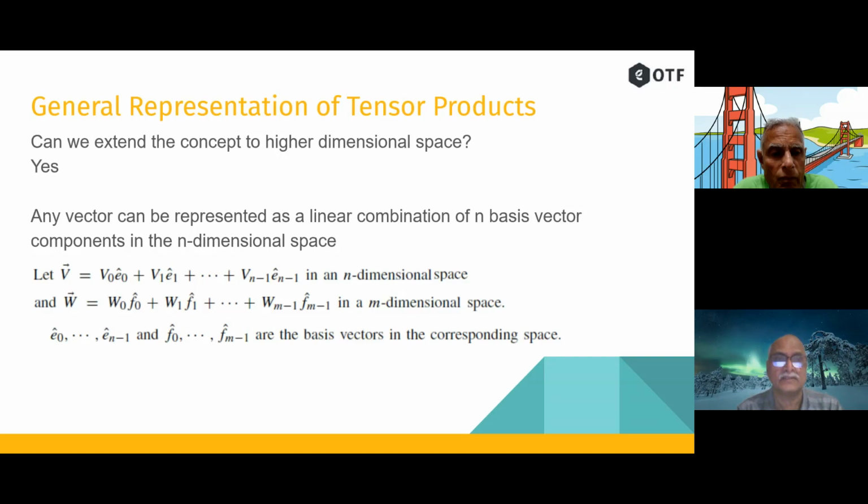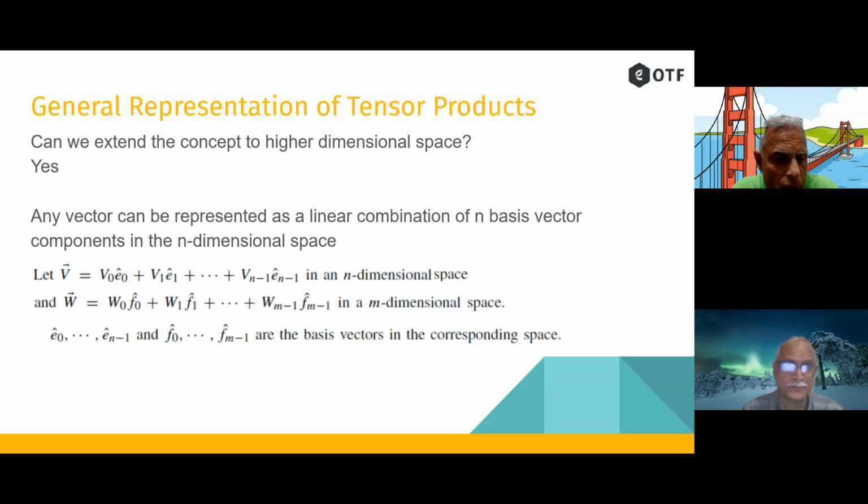Remember, any vector can be represented as a linear combination of n basis vectors. A classic example is your Fourier combination. Any function can be represented as a linear combination of the so-called bunch of basis functions. The basis functions could be either exponentials, or sinusoids, right? So you can just express any function as a linear combination of these basis functions, the sinusoids